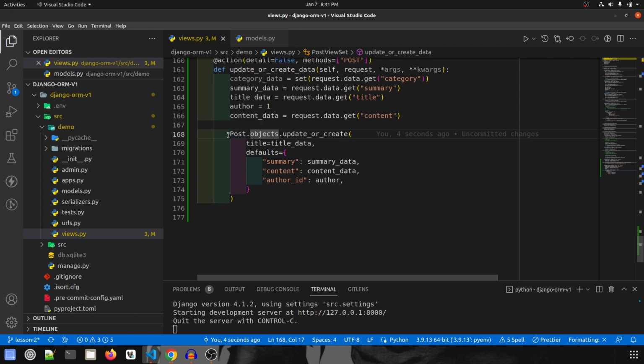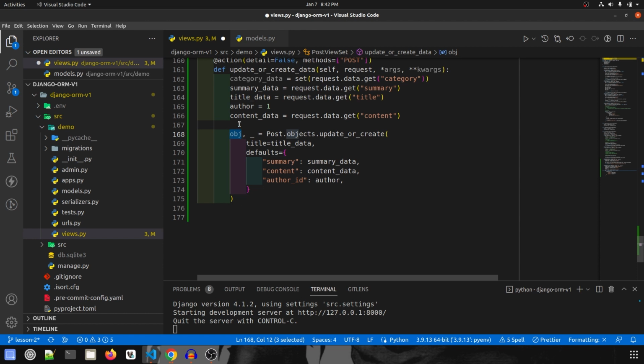So let me quickly iterate over what I have done. In order to update or create data, the format is model name dot objects dot update_or_create, and the first parameter, or over here I could pass multiple parameters. So whatever is given over here directly will be taken as filter. Posts will be filtered based on title. This data is passed. So if it is found that particular object's data will be updated with this, otherwise a new object will be created with all this data. So that is done, and this will return two things. First of all the object, and second whether it is created or updated. Actually I'm just going to put it as underscore and keep it because I'm not really going to use this.